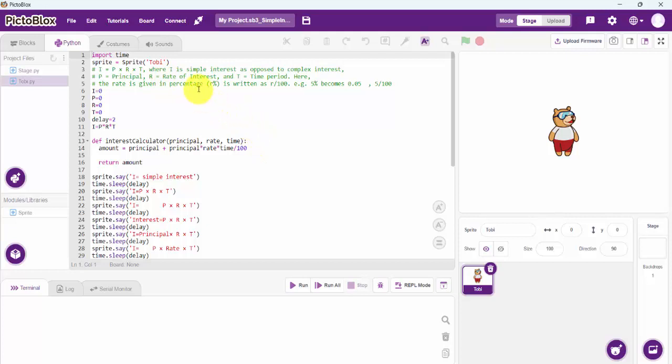So here the rate is a percentage. For example, if you say 5%, you divide by 100 and it becomes 0.05. So the formula is really: you get what's been given here and you divide it by 100. So the rate is a percentage and you divide by 100 in the formula. Now,